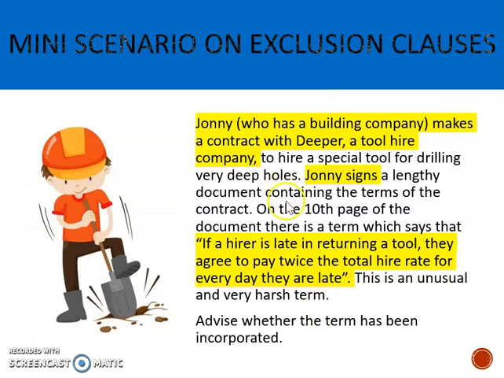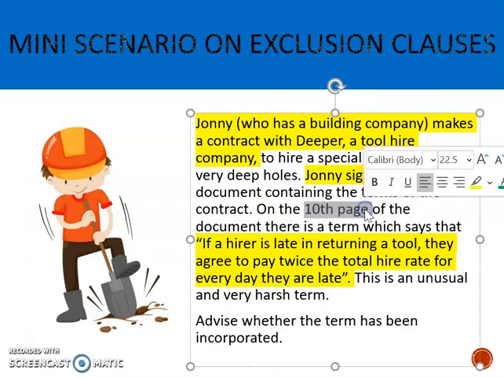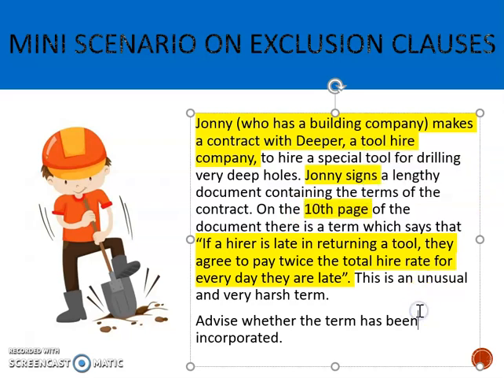And another thing that I think is relevant, and remember, scenarios very rarely include stuff that isn't supposed to be of use to you. It says on the 10th page of the document, there's a term which says that. So this unfair or harsh term hasn't been made prominent, again, which seems a little bit unfair. So on this basis, we can say that the term has been incorporated. So Jonny's best bet is to use UCTA 1977 and say that it's an unreasonable term and hopefully have it